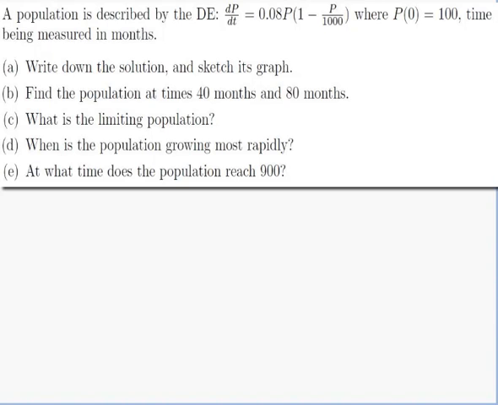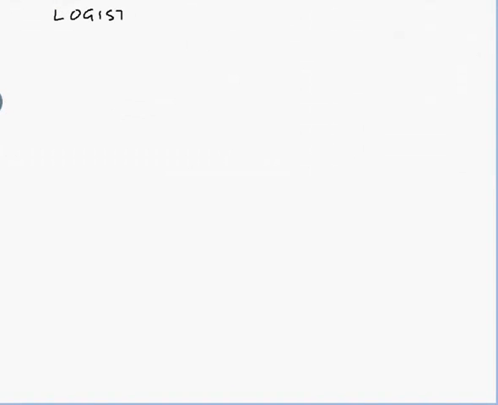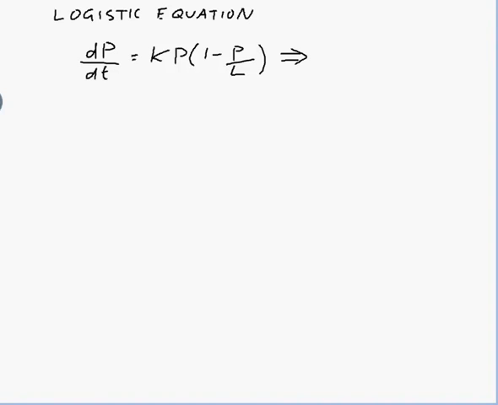Okay, well, write down tells me that I should be able to just use some kind of formula to write it down. I don't have to do any working. So let me just look up an equation that looks like that. That looks to me like it's a logistic equation. So let me write down what I know about logistic equations. The logistic differential equation is dP/dt = kP(1 − P/L), and the solution is P = L/(1 + Ae^(−kt)), where, let's see, k